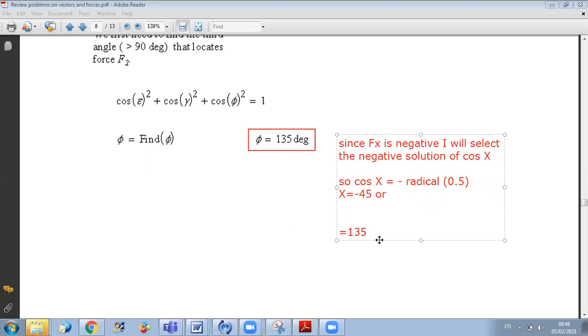Sorry, not minus 45. That is a solution for sine, because for cosine, alpha and minus alpha will give you the same result. So the calculator will directly give you 135. For sine, if you put this on the cosine sine circle,